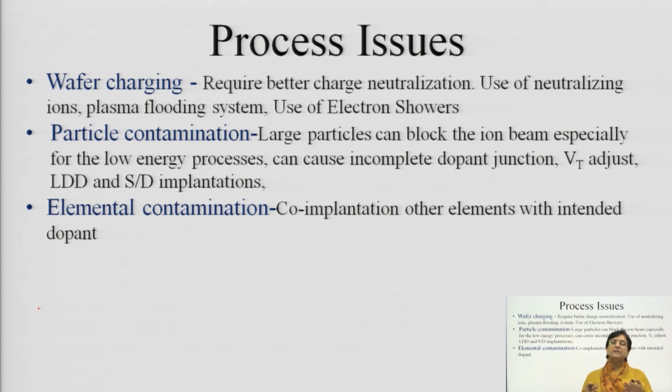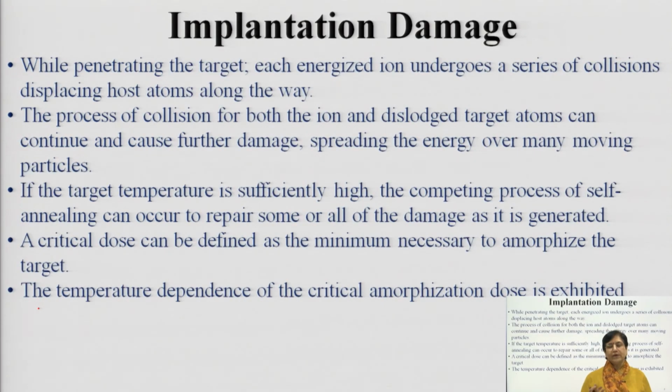So, those metal parts, because of the elevated temperature, may introduce some co-dopant or elemental contaminant into the furnace, and thereby the wafers, the area where you are carrying out the implantation, can also get affected. So, you do not want that to happen, and therefore you need to take a lot of precaution while carrying out the ion implantation. This is the first category of damage.